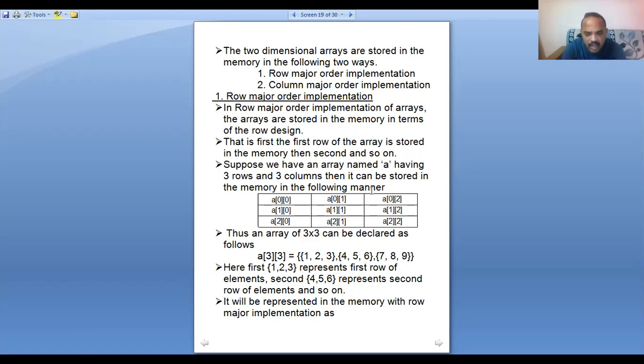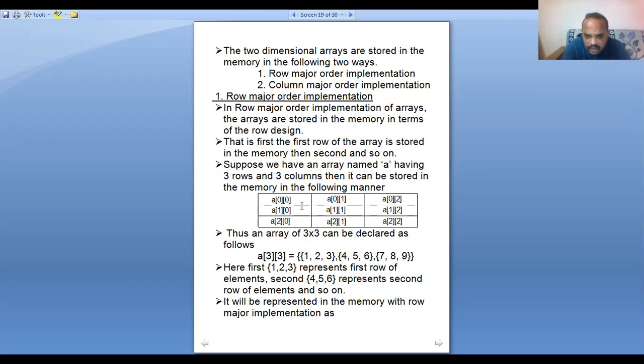So in a 3 by 3 matrix, A[0][0] is the 0 row and 0 column. Why is it called 0, 0? For any array, it starts with 0, that is, lower bound value 0 and upper bound value n minus 1. For 3 by 3, 3 minus 1 is 2, so 2 rows and 2 columns. Clear? Here in the 3 by 3 matrix, the lower bound value equals 0 and the upper bound value equals 2.